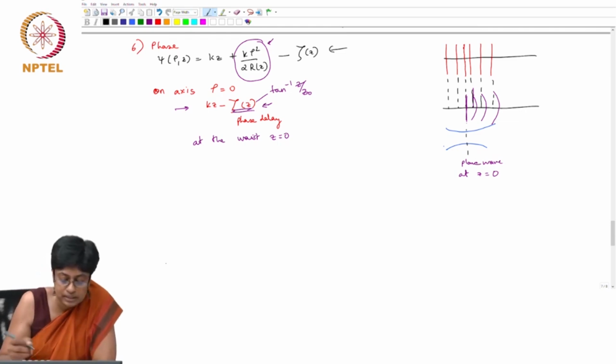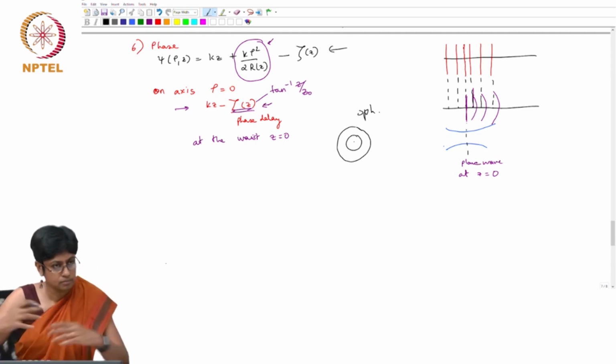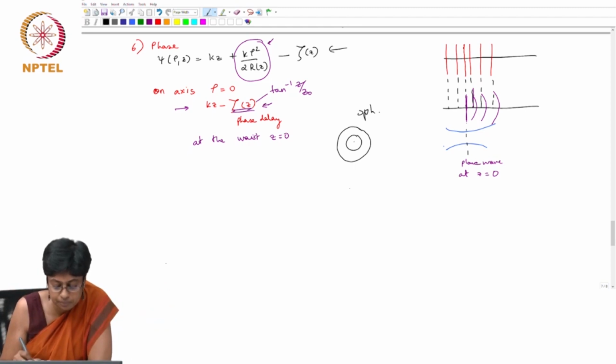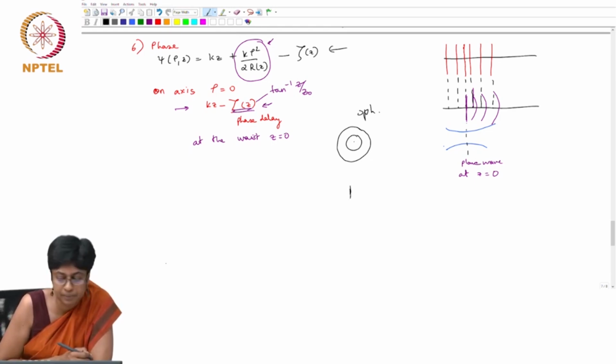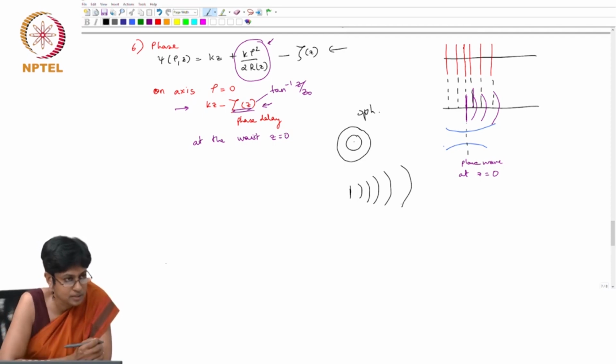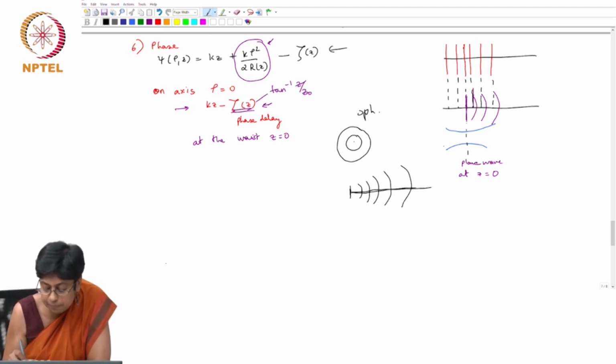Okay, so we know, if we take a spherical wave, for example, we know that if this is the origin, the wave fronts go out radially in all directions. For a Gaussian beam, let's say this was the beam waist, and we'll see how I know how to draw these images. Initially, the wavefront is a planar wavefront, and then as the beam propagates, it becomes more and more spherical in nature. And what is controlling this behavior is the phase, but by putting rho equal to 0, we're saying there's a certain phase change that's happening on the axis.